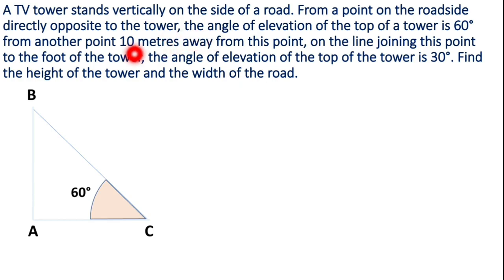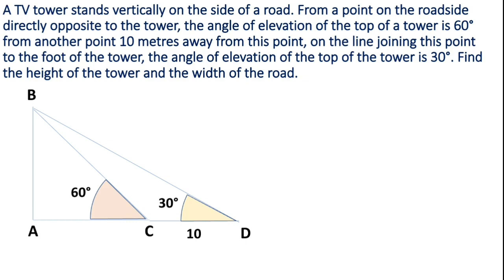And after that we have to move 10 meters away from this point. So from C we have to move some distance. So just draw a line like this and consider another point 10 meters distance. Consider the another point D. That means clearly we get CD distance is 10 meters here. And from D, we are observing the top of the tower once again. So here we get the line of sight like this. So DB, join D and B, and here we get the angle 30 degrees. So this indicates the 30 degrees angle.